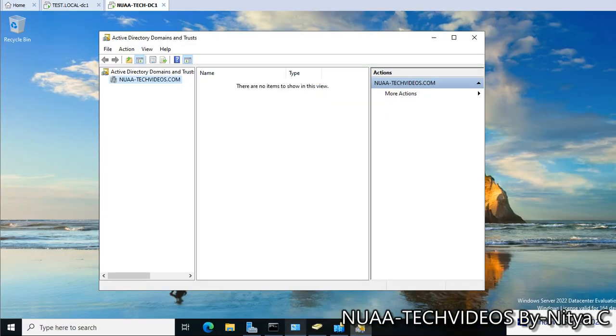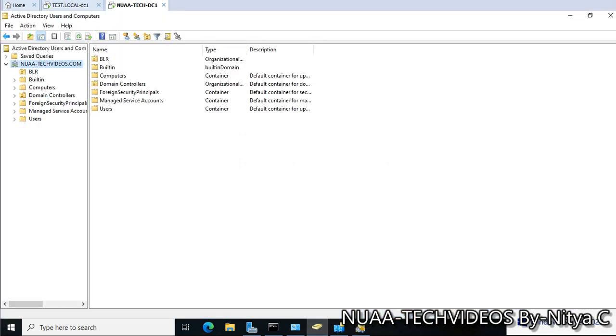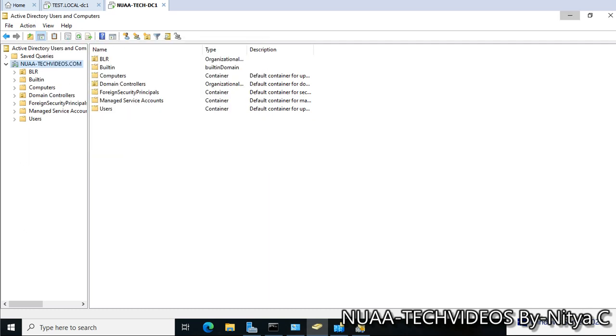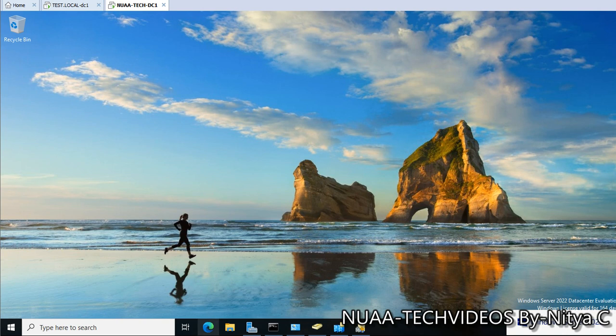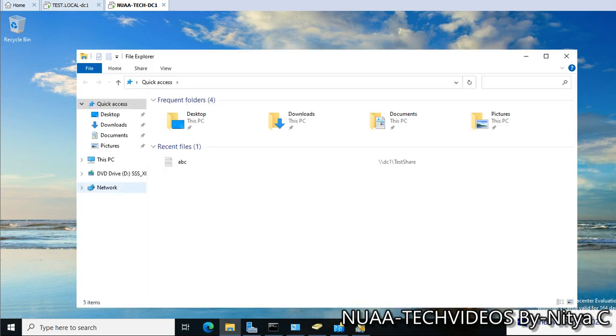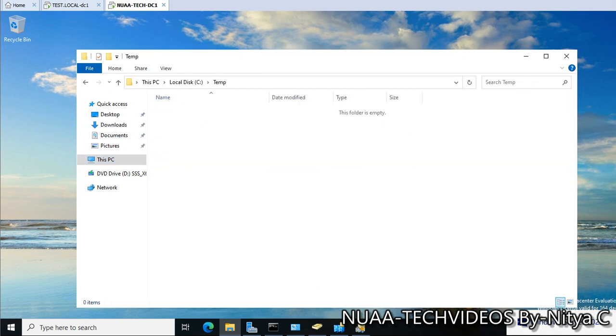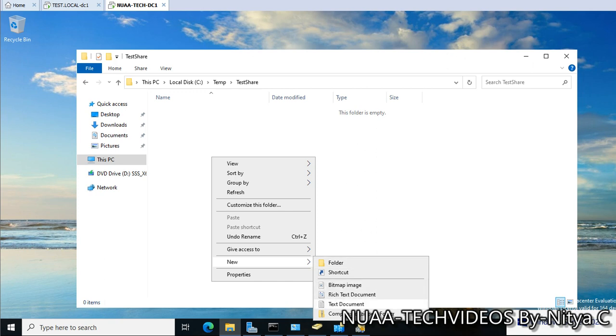And also we can see here, if we open Active Directory, find, and we can see both the domains are here. So this way we can validate this is created. Now let's do a small test. Okay, and here in this PC, what I'm going to do, under temp, I'll create a share. This is named test share. Okay, and under this I'll place one file,